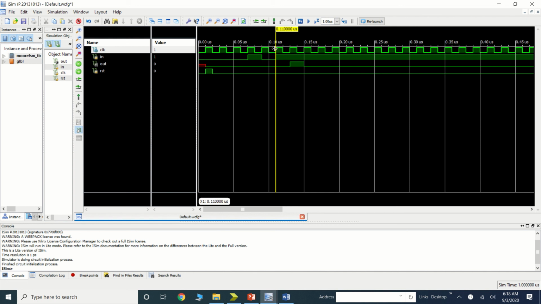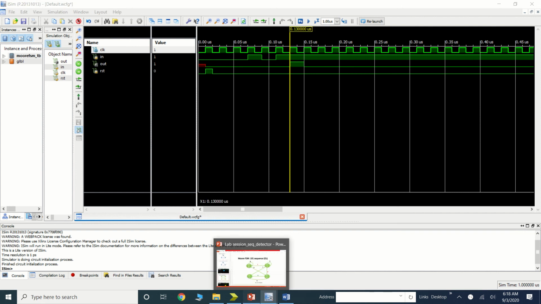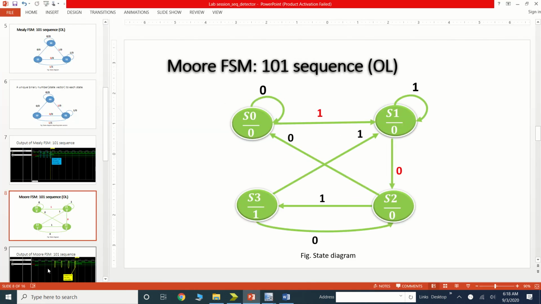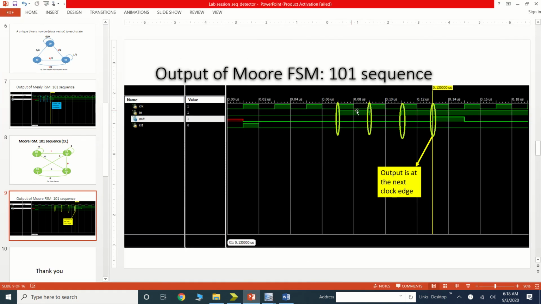But here you have seen that when we are getting the targeted sequence at the same clock edge, the output is not getting affected. The output is affected at the next clock pulse. So here my output is reflected from 0 to 1. Okay, so the same I have kept for the simplification in the presentation. So in the Moore machine, we are getting 1, 0 and 1, but output is reflected at the next clock edge.